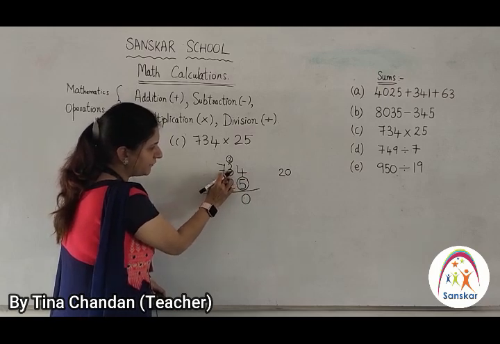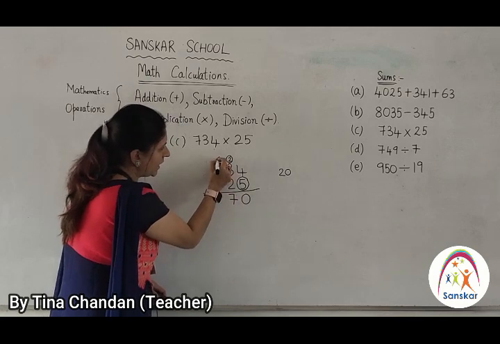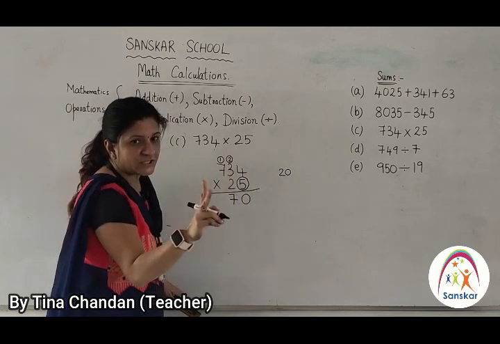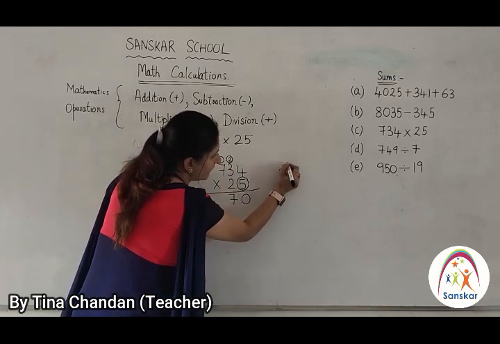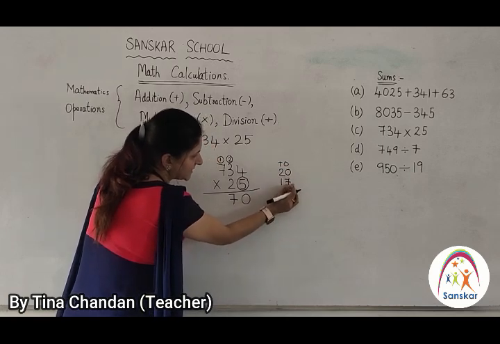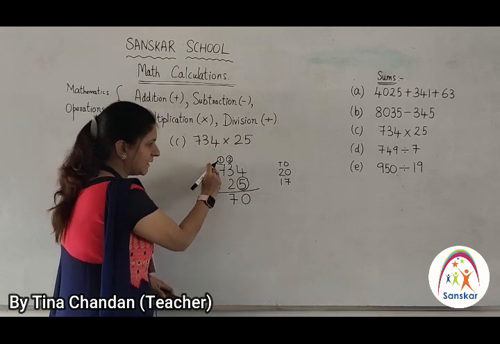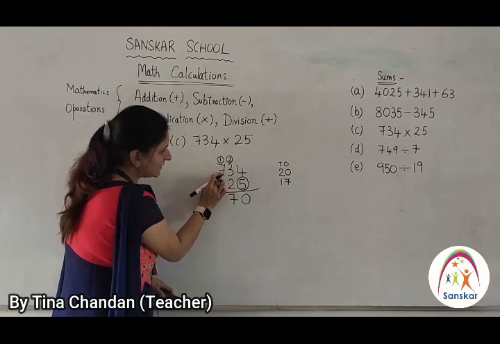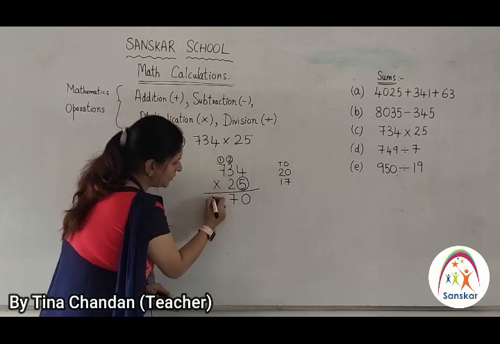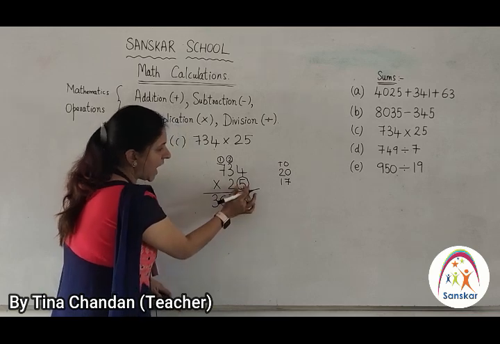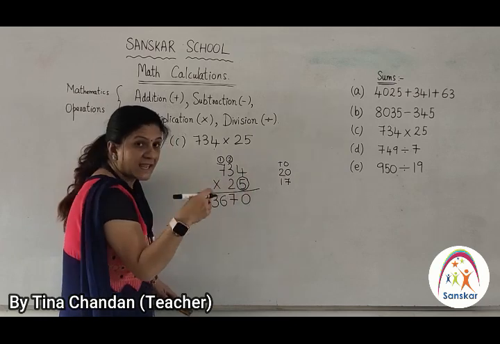Then 5 3s are 15. 15 plus 2 will give you 17. 7, carry over 1. Again you are getting a 2-digit number and we have place only for 1 digit. So 17, again what you have to do? We are going to take 7, that is the 1's digit, to the place here, and the next digit will be carried forward to the next number. Now next again 5 7s are 35. 35 plus 1, that means the carry over, you have to add it. You will get 36.